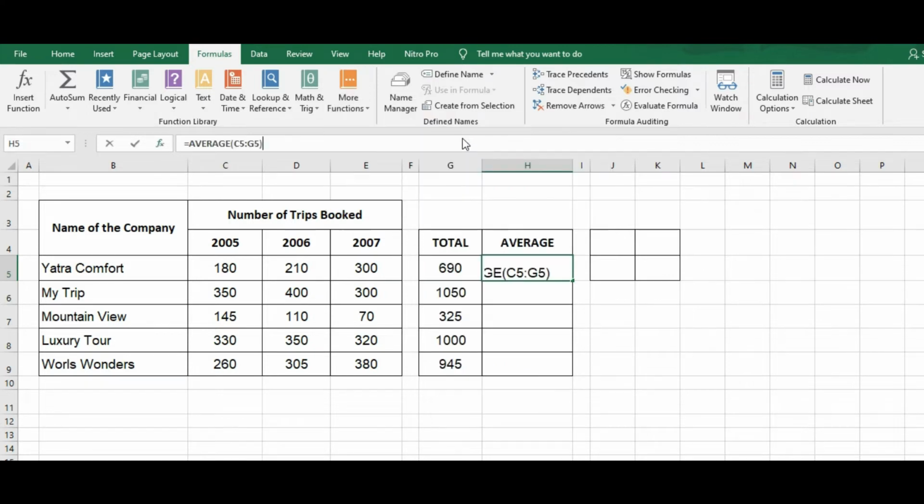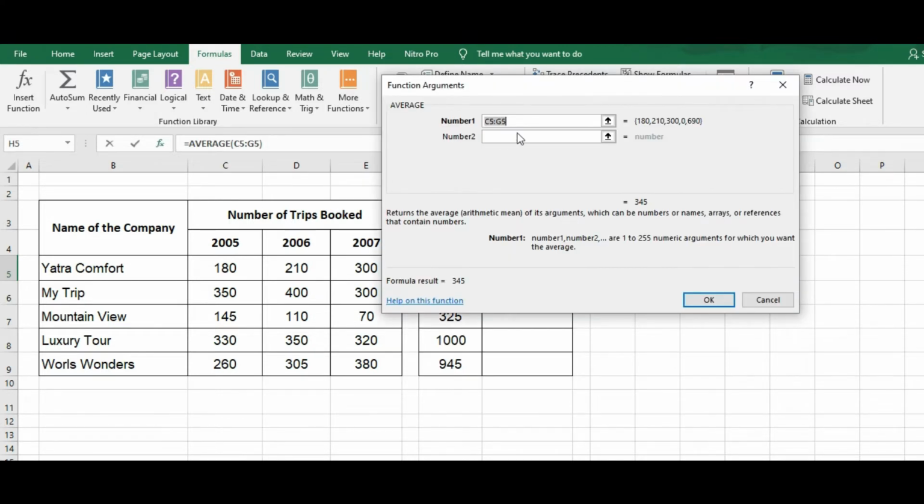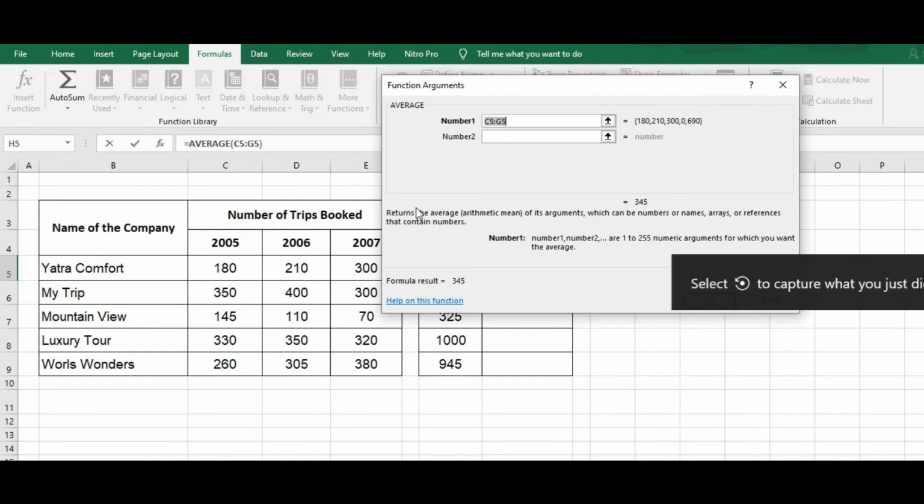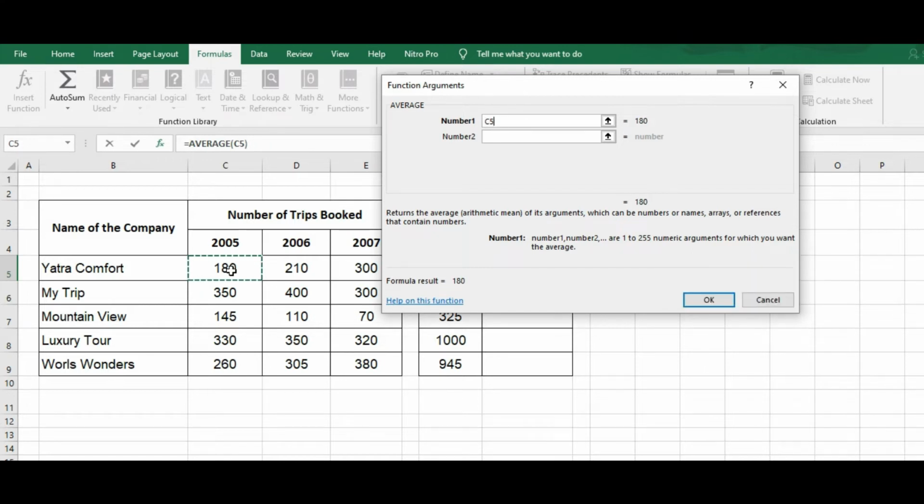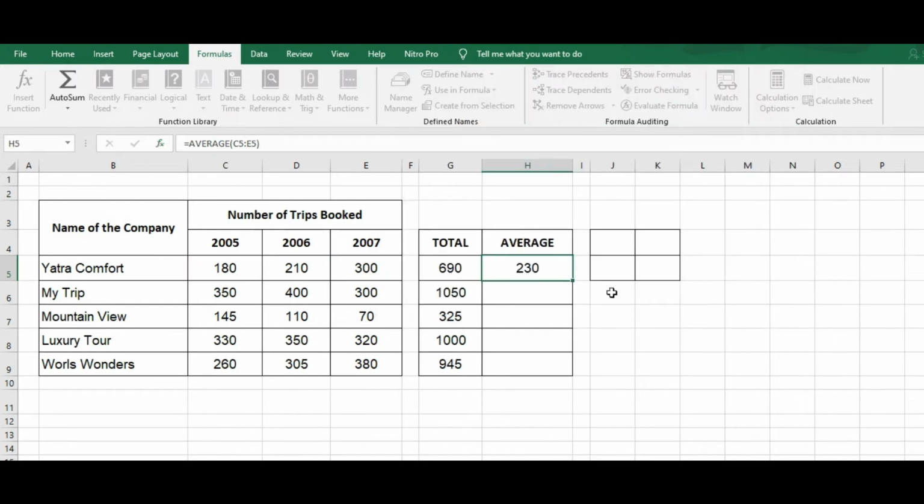Click on the AVERAGE function, and again it asks for the range. Here we select the range from C5 to E5 and click on the OK button. So this is the average number of trips made by each company.